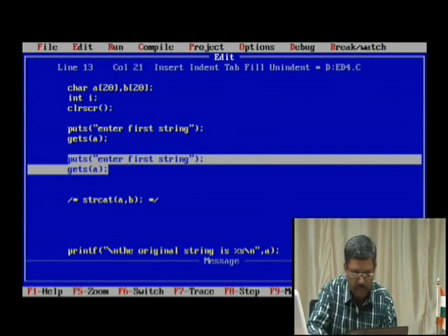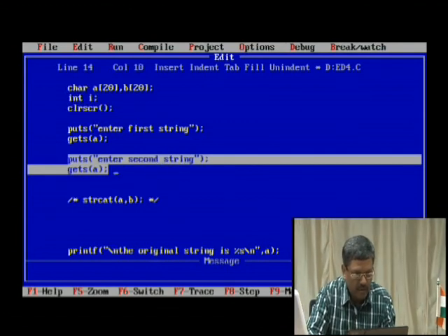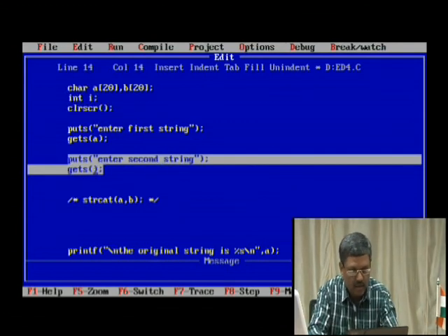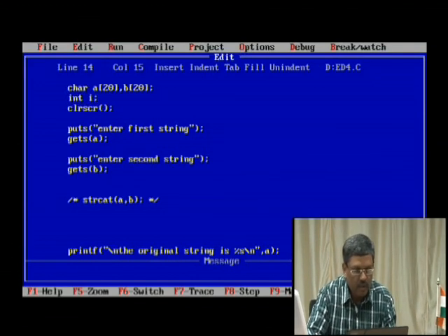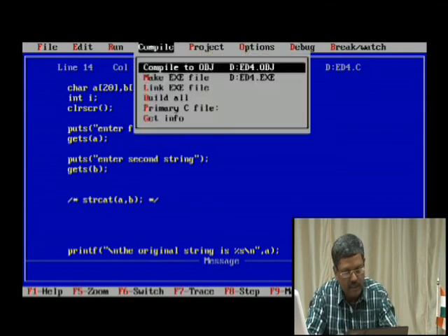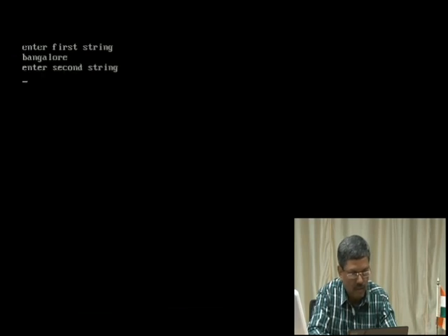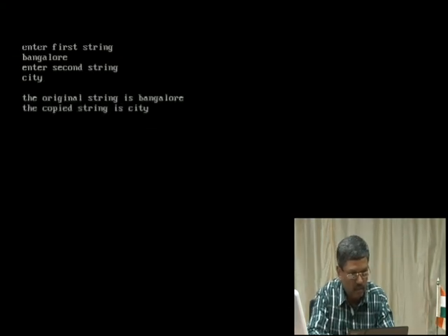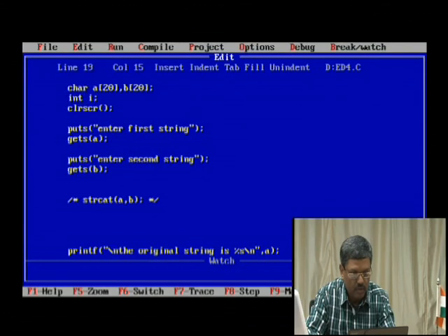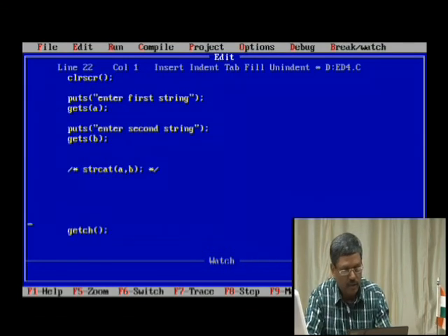Enter second string, and here you have to take care that it is going to be inside B. Okay, just save it so that it can read. Let me simply compile whether it is okay or not and then try out. So say Bangalore, and then enter second string, city. Okay, it is able to work. I have to remove this, I don't want this. So it is working fine.